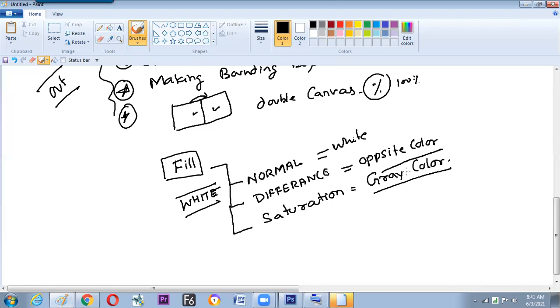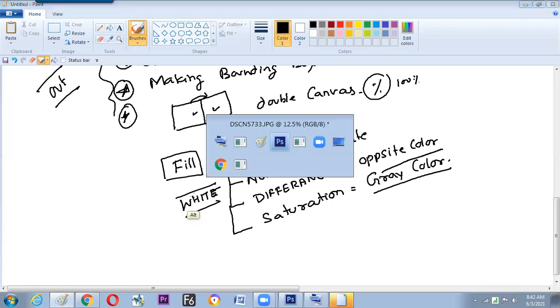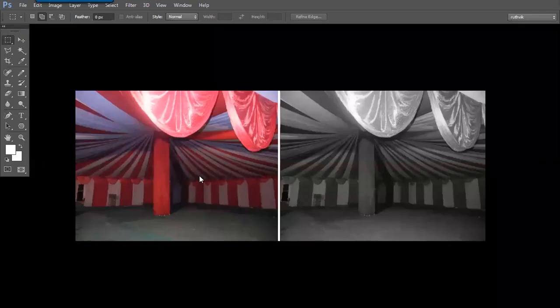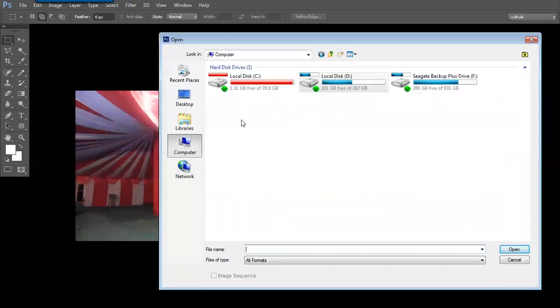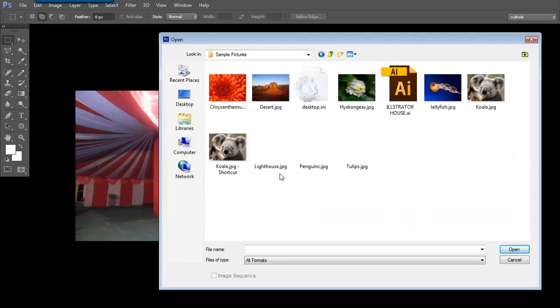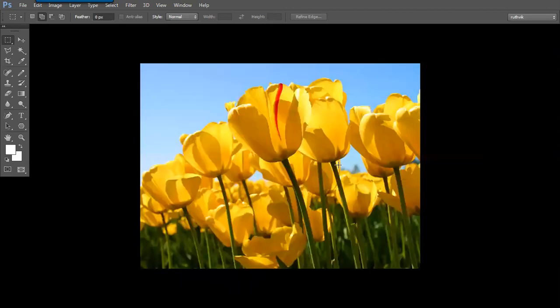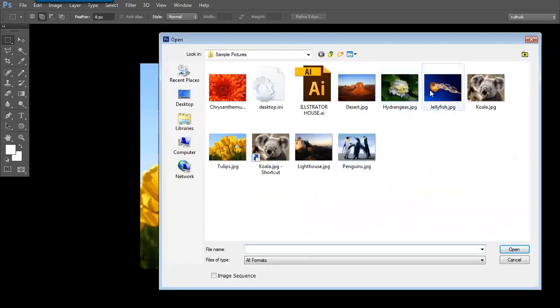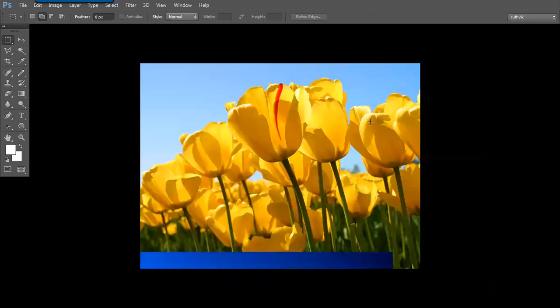Example, yellow is the brightest color inside the color wheel, and blue is the darkest color. If any color photograph is there and we are filling that photo with white color in saturation mode, then wherever the blue is there, it will make it more dark.